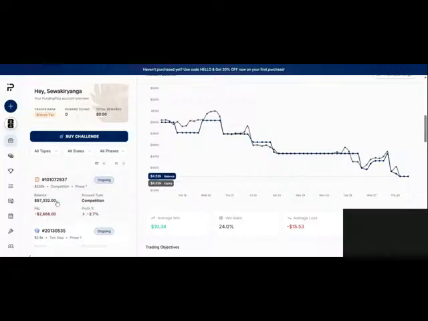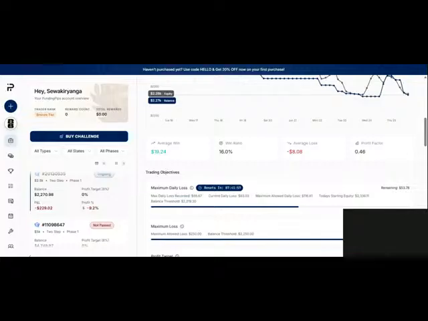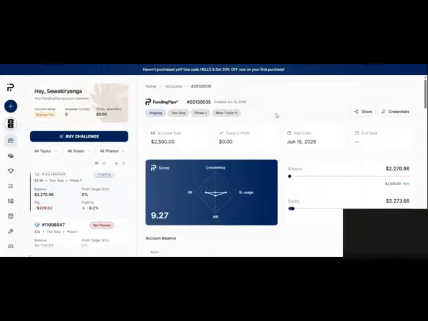So I get to caution myself every time, because as you can see, I took this account from the 9.2% drawdown to around 6 or 5.2 yesterday. But now I'm back at it again. I've lost all the money in just one day and without even taking those quality trades that I'm actually documenting right now. So this is my journey and hopefully one day I'm going to make it happen.